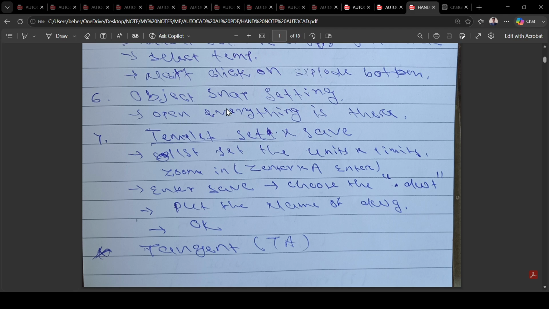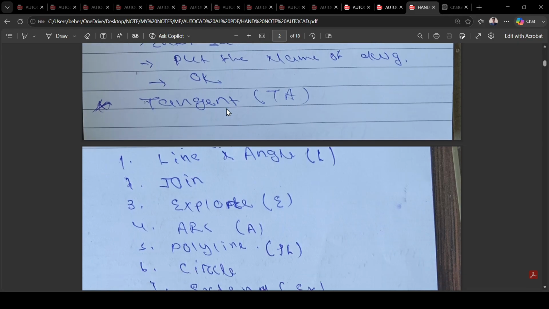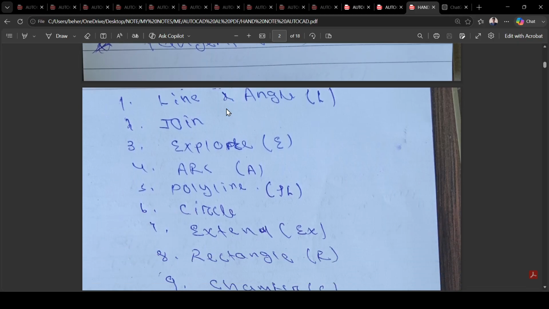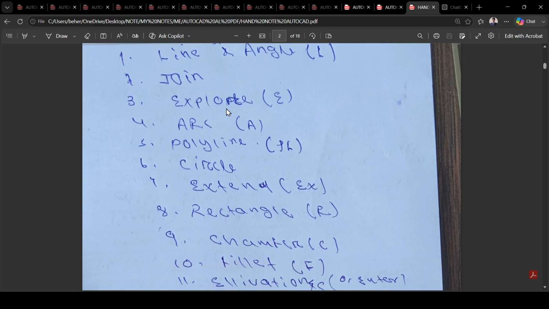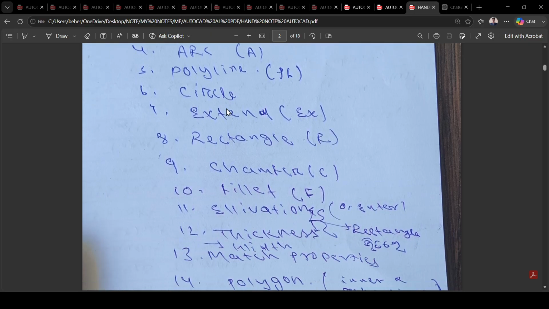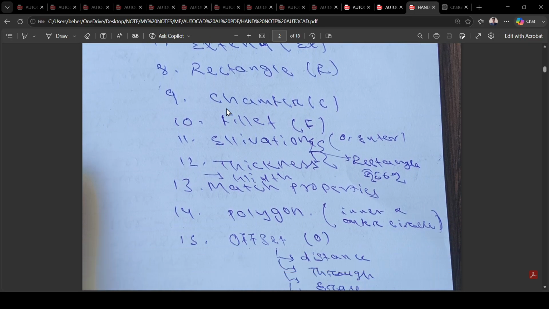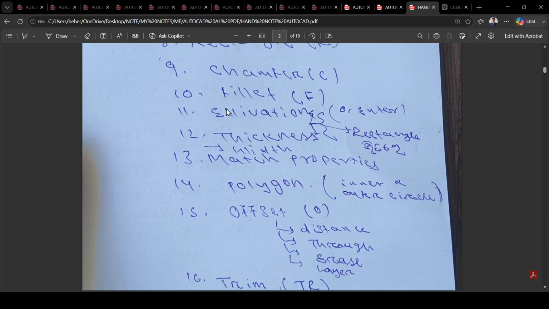So first set the units. Template set and save. First set the units and limits. Zoom in, zoom enter, enter. So enter S and choose the DWT. Put the name of the DWG. Okay. Tangent T. So line and angle L, join, explode, arc, polyline, circle, extend, rectangle, chamfer, fillet, elevation, thickness,